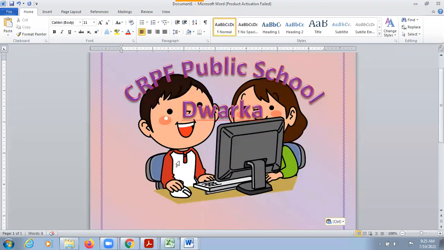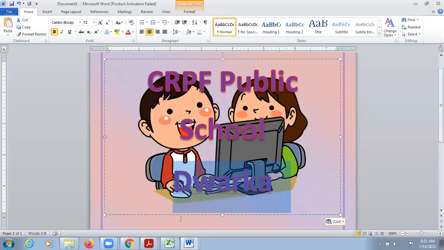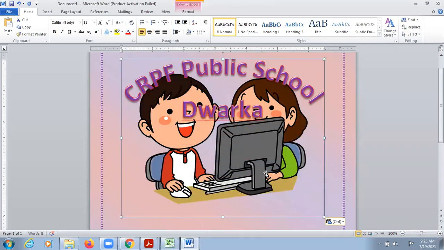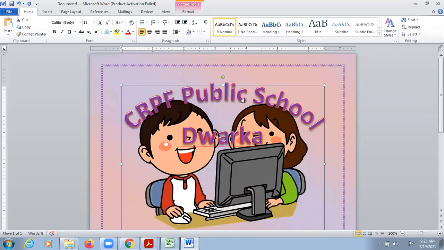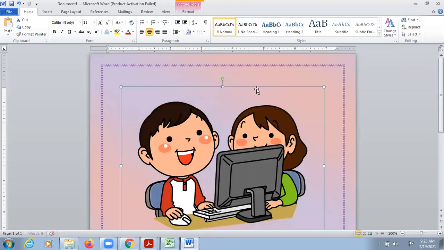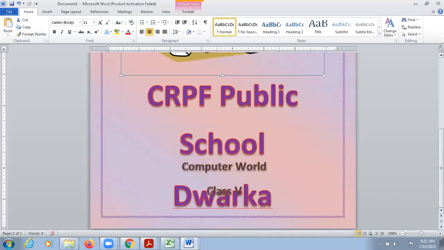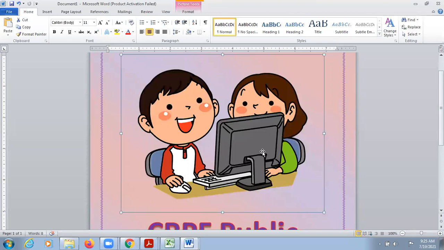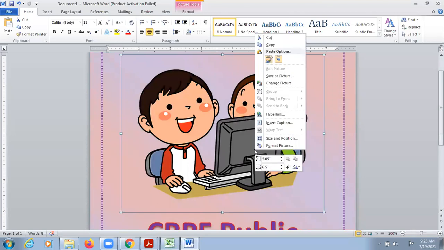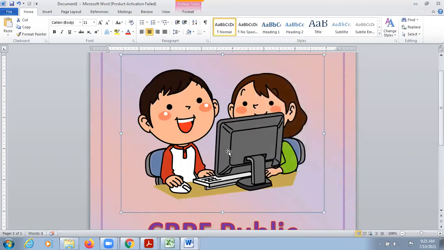Okay, now right click on your image. So image is now behind this text. So I first have to move the text so that I can adjust my image. Okay, where is my text now? Okay, it went a little down, no problem, we will bring it up later. Let's check, change the image first. So this is my image.